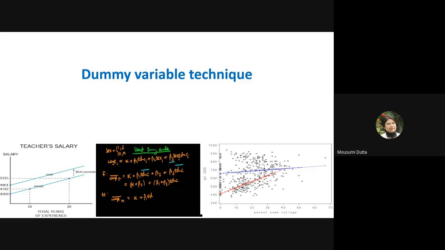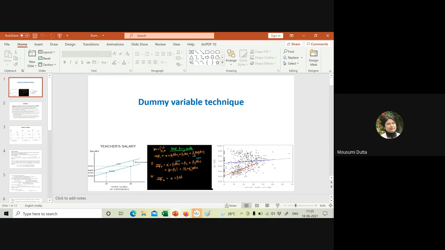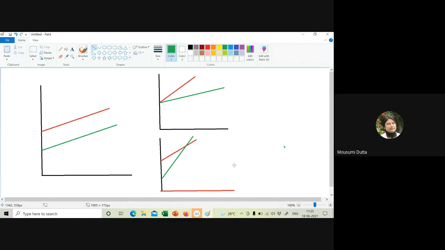So, dummy or qualitative variable technique. Now, when we talk about the qualitative X variables, there are again three possibilities. For example, suppose we have two groups, boys and girls, and we are considering the consumption equation where C is a function of income. So, the regression we can write as C is equal to alpha plus